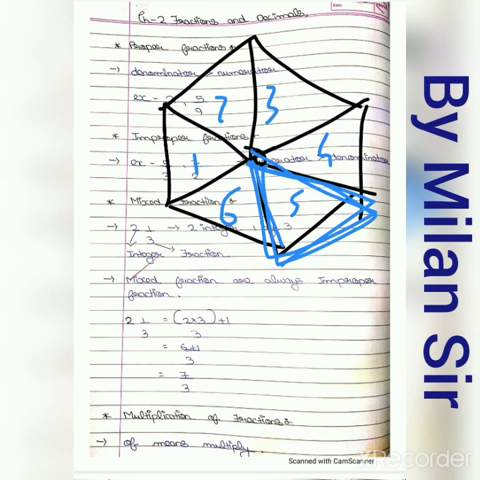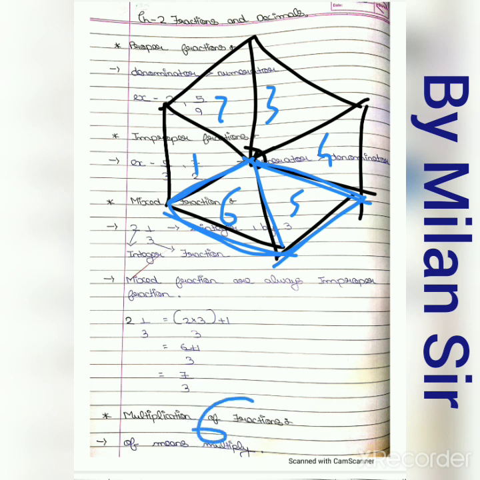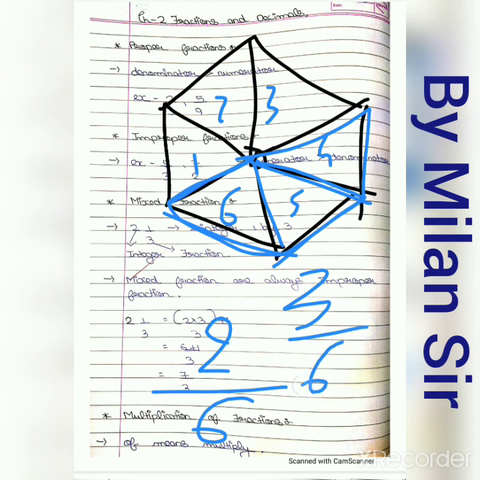Now just consider two triangles together, that means this portion, triangles 5 and 6. How can we write this portion? Again, in total we divide the hexagon into 6 parts, and out of that we consider two triangles, that means two parts. So in the numerator we write 2, 2 by 6. Out of 6 we take two parts. Similarly, if we consider three triangles, then it's 3 by 6.